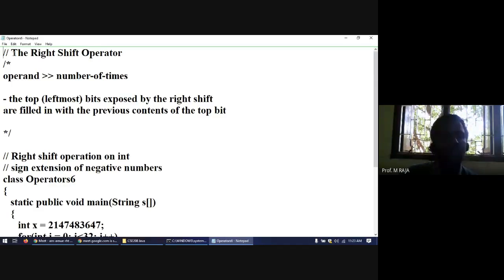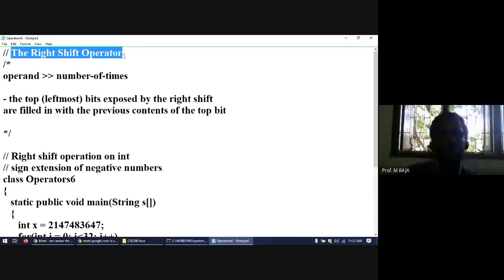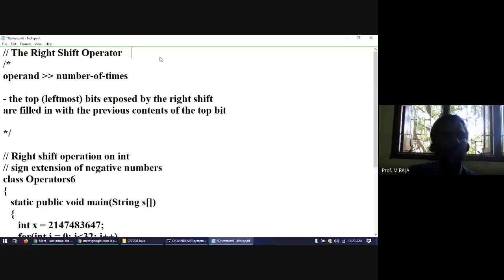Then the next operator is the right shift operator. The right shift operator takes this general form: operand, the greater than operator, number of times. Similar to the bitwise left shift operation, you need to perform the bitwise right shift operation with respect to the greater